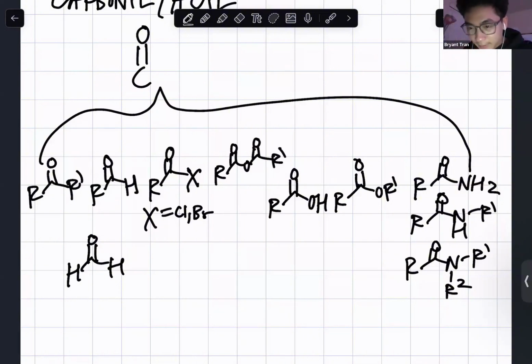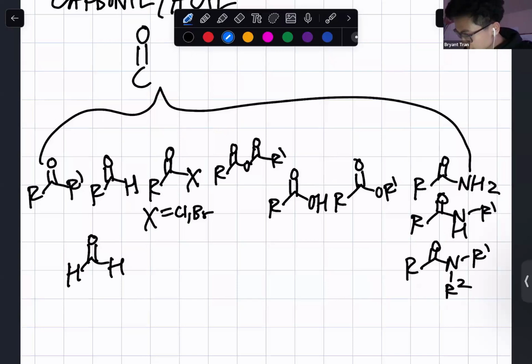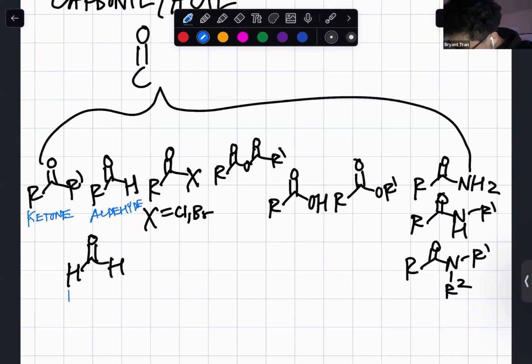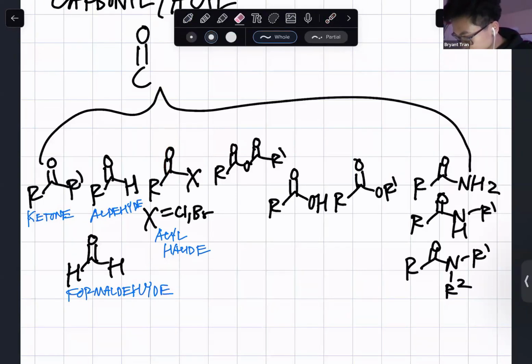Like that. Let me label these right now. Ketone, aldehyde, formaldehyde, acyl halide, right? Acyl meaning carbonyl, the carbon double bond oxygen. Halide meaning halogen, chlorine or bromine. Acyl halide, anhydride,